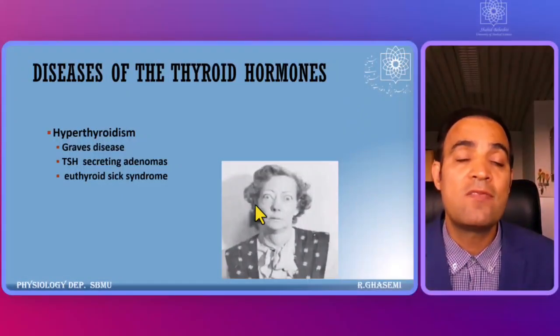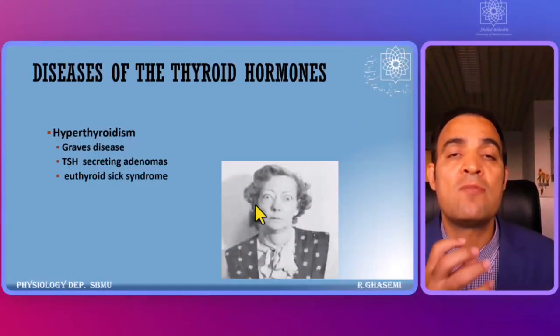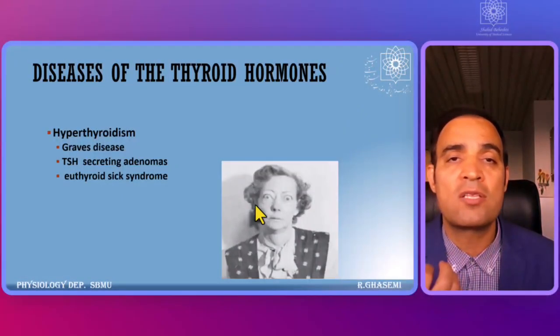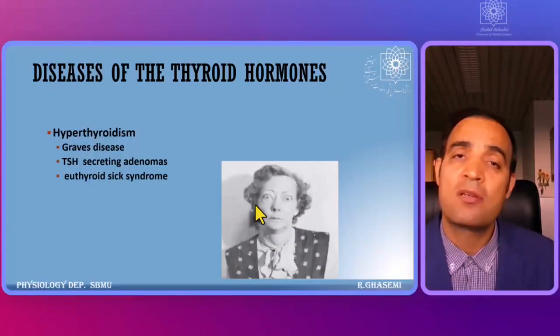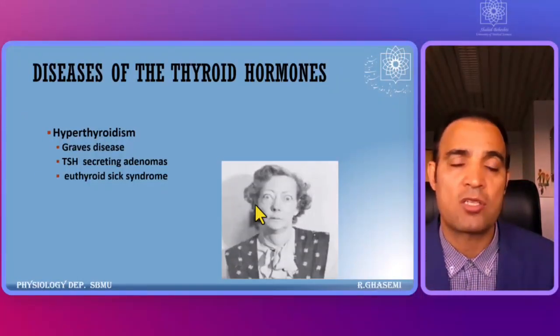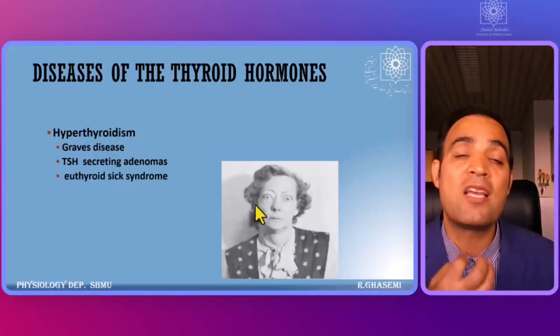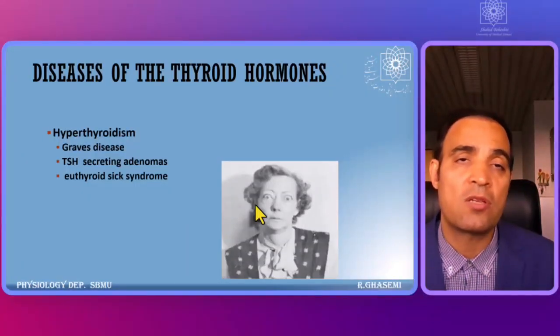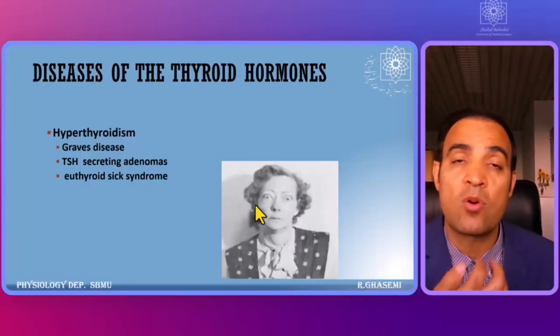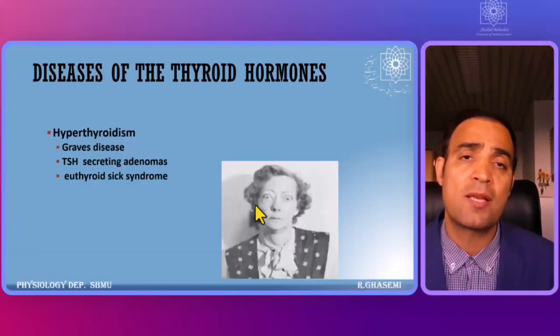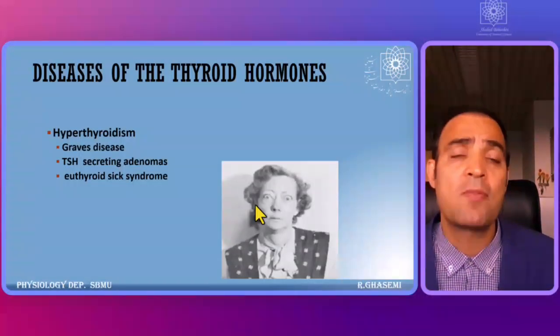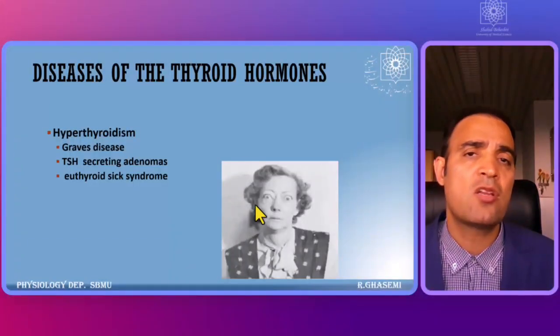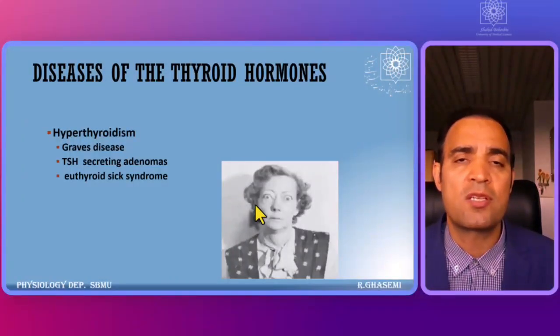Sometimes in severe state, we remove some part of the thyroid gland from the body to reduce the thyroid hormone production. Sometimes radiation therapy will be done to reduce the thyroid hormone production in hyperthyroidism. And in hypothyroidism, as I told you, the supplementation or stimulation of thyroid hormone secretion could be employed to